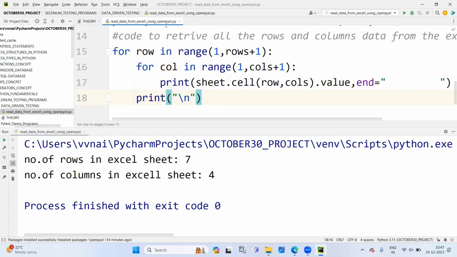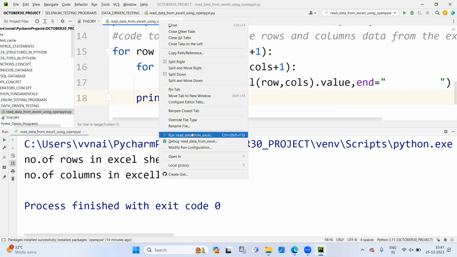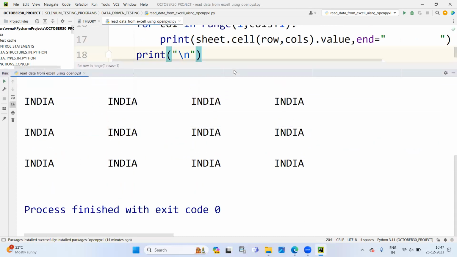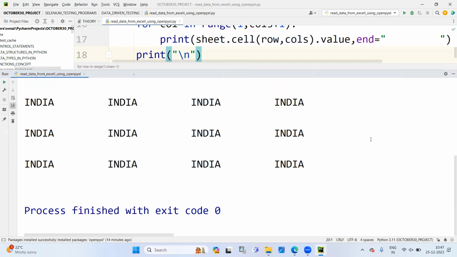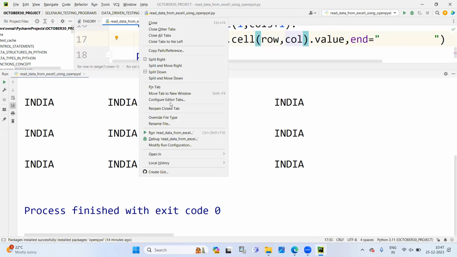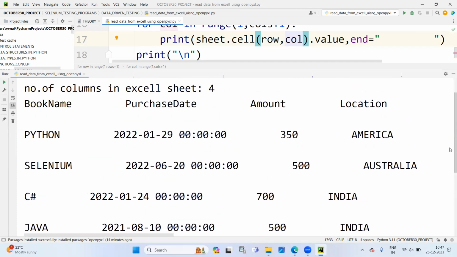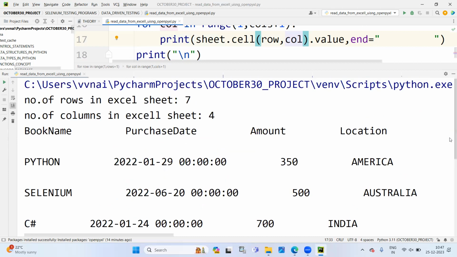Now you see the output. Are you seeing, guys? I made a mistake here. It's not columns, it's column. Clear? So whatever data is there in the Excel sheet, the entire data has been retrieved. So you have learned how to retrieve